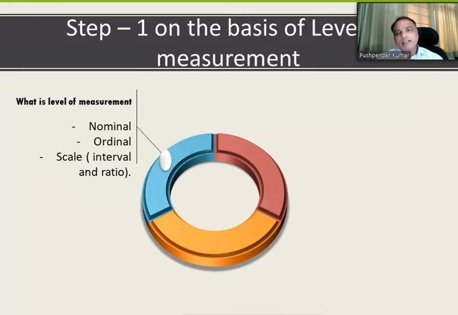And then finally interval and ratio. In interval, a real zero does not exist. In ratio, a real zero exists. For interval, for example, just think of temperature. At zero level, do you really feel that there is no temperature? Actually, we have defined that at this level temperature should be zero, but it's not a real zero. So it's an artificial kind of zero.